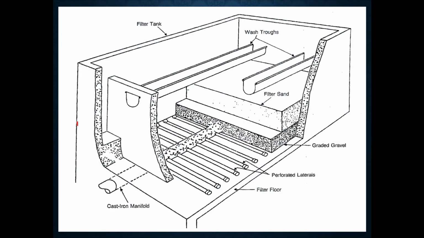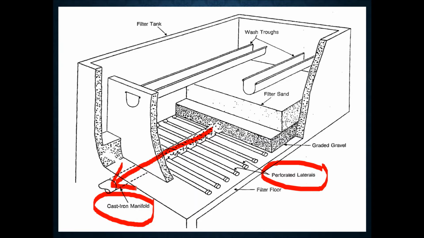This is another diagram, a black and white diagram of the rapid sand filter. Similar things are observed. These are known as the laterals. The central large pipe is known as the manifold, and it functions the same as in the previous diagram. Laterals bring out the filtered water from different areas, and the filtered water passes through this under drainage system. Laterals bring that water towards the central drain, and that central drain passes the water to the filtered water well. This is the general sequence.